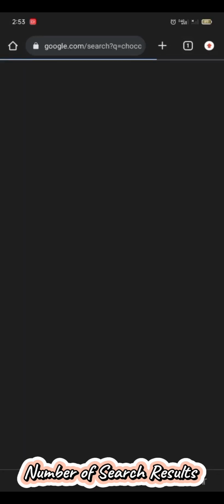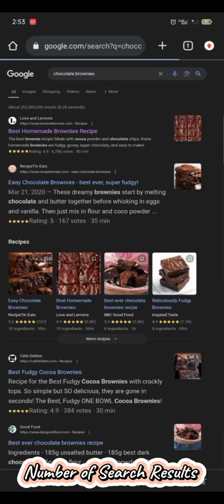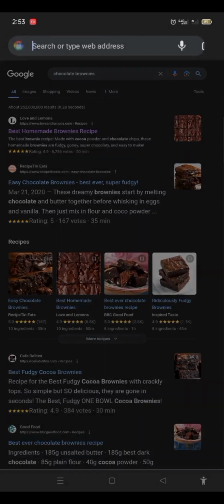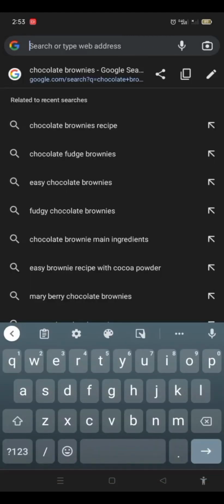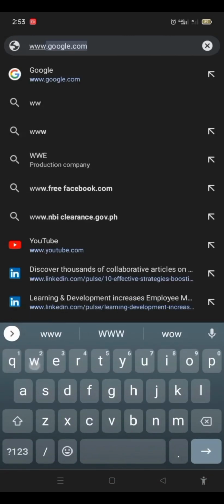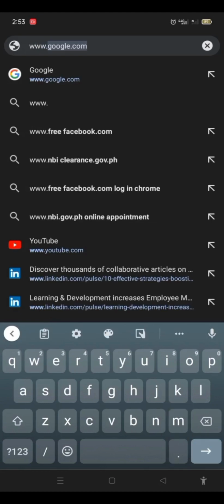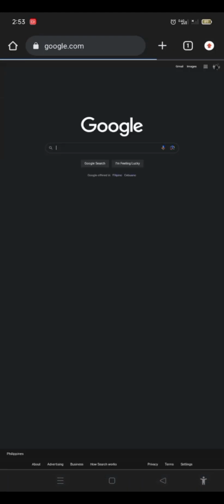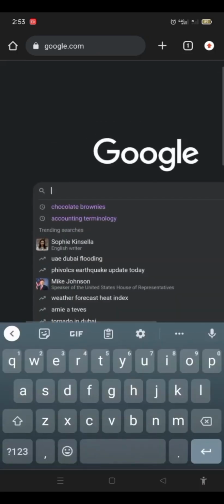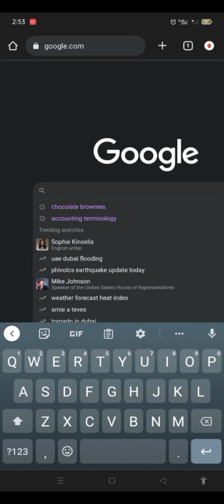First is open the Chrome browser and go to the Google search engine by typing www.google.com in the address bar and pressing enter. And make sure you use the Google search box and type in a search for chocolate brownies.